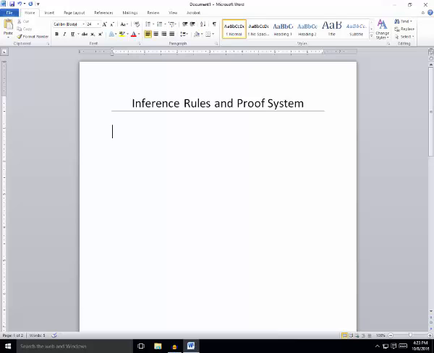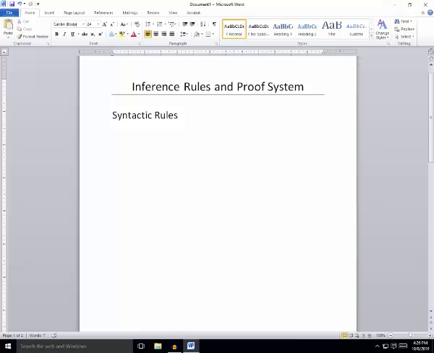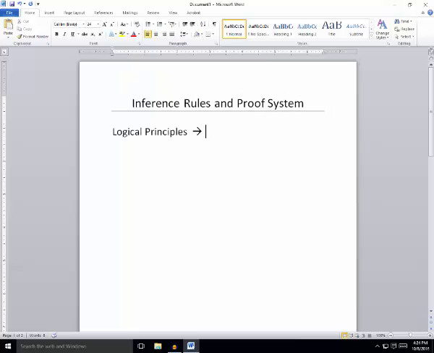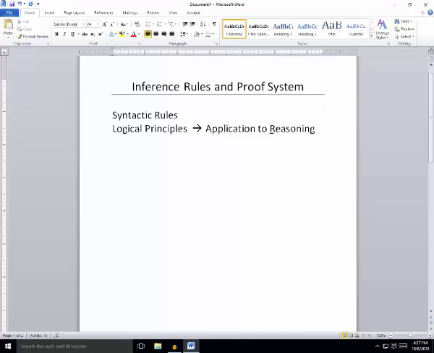I want to turn next to inference rules and a proof system within propositional logic, which is laid out in Chapter 7 of the textbook. In looking at this topic, we move away from our focus on the semantic underpinnings of this system that we're creating, and we focus instead on creating syntactic rules. And these rules model logical principles that pertain to actual statements. So looking at a system like this hopefully will improve your efficiency and maybe extend your ability to see logical